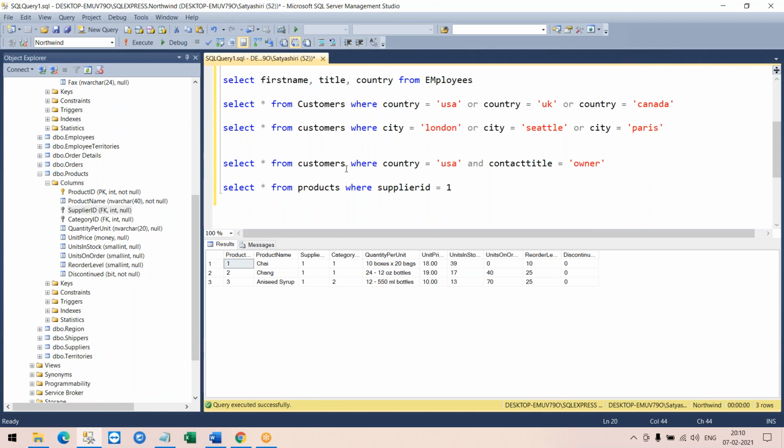The queries will be the same. The logic of why you are writing this query, the reason behind it, is the same. Now, the syntax would change a bit when you're executing the same query on an Oracle database versus a SQL Server database. There could be a little difference in the syntax.